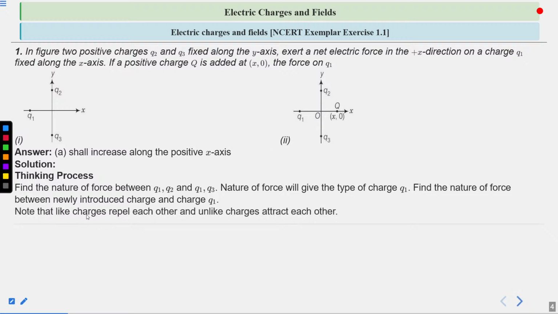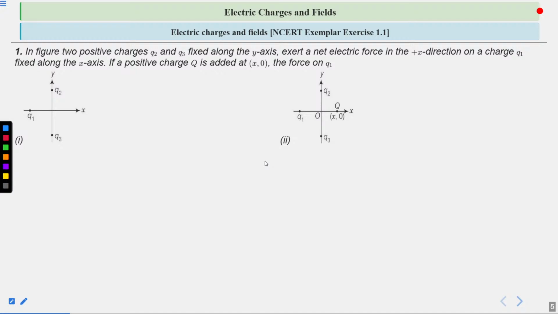The important point here is this: like charges repel, whereas unlike charges attract each other. So we will use this concept to solve this question. Clear? So our answer is,